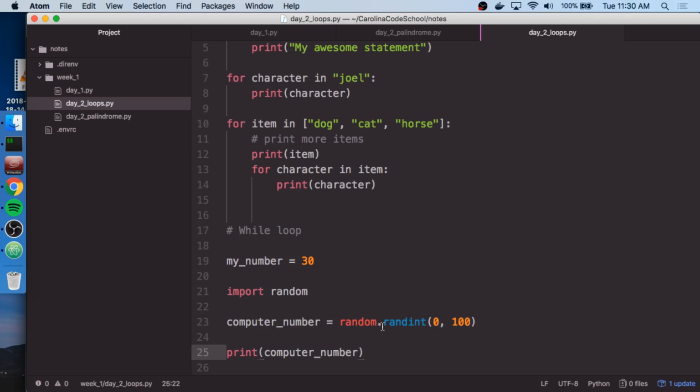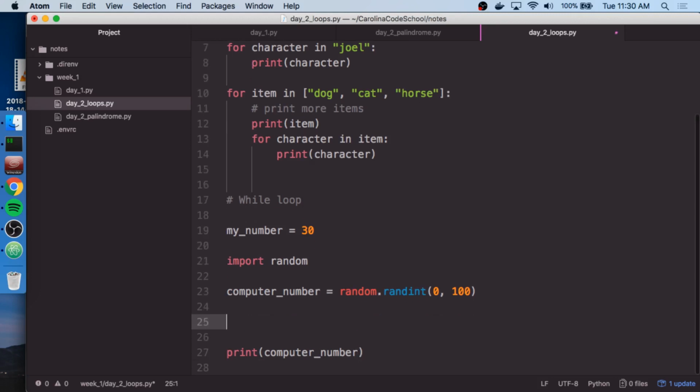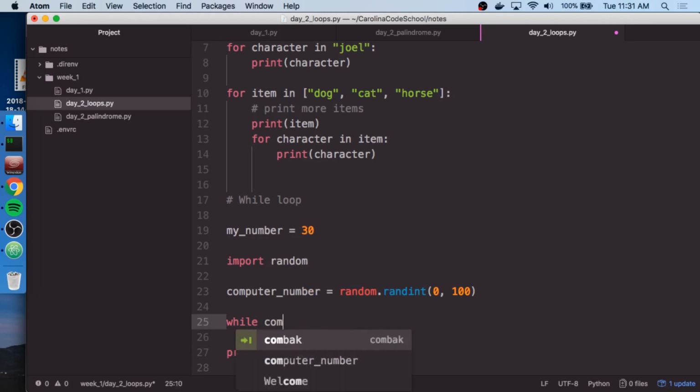So as long as my number is not equal to the computer number, we want to do work. So I'm going to say while, this is the syntax here, we say while my number, this is kind of the Yoda way of saying it. I think the more straightforward way of saying it is while computer number is not equal to my number,